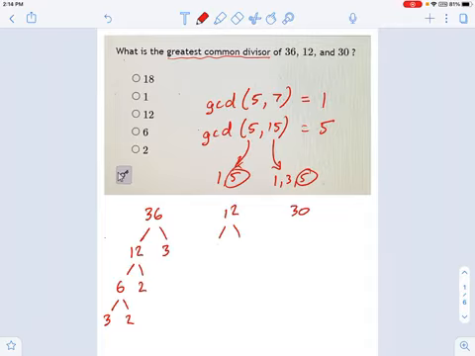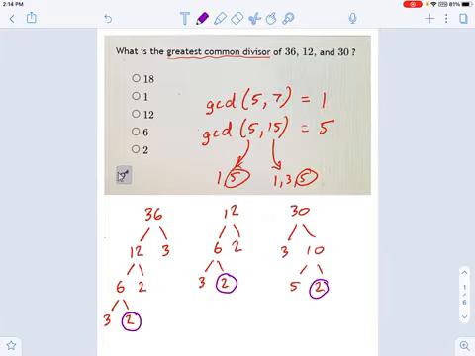12 we've already done. That breaks down into 6 and 2, which breaks down into 3 and 2 on the 6. And then 30 breaks down into 3 and 10, which is 5 and 2. So now let's go through these things and count the common factors. It looks like everything's got a 2. All right, I've got at least 1 two in all of these things. Well, oh, that's interesting. 2 of them have a second 2, that one and that one. Nuts. No second 2 over here. So no good on that other factor of 2.